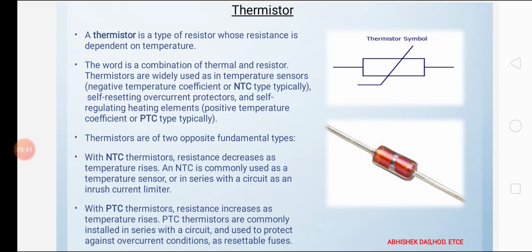The applications of thermistor are, they are used to measure temperature, they are used to control the temperature, they are used for temperature compensation. It can measure power and high frequency. It can measure thermal conductivity and it provides time delay.